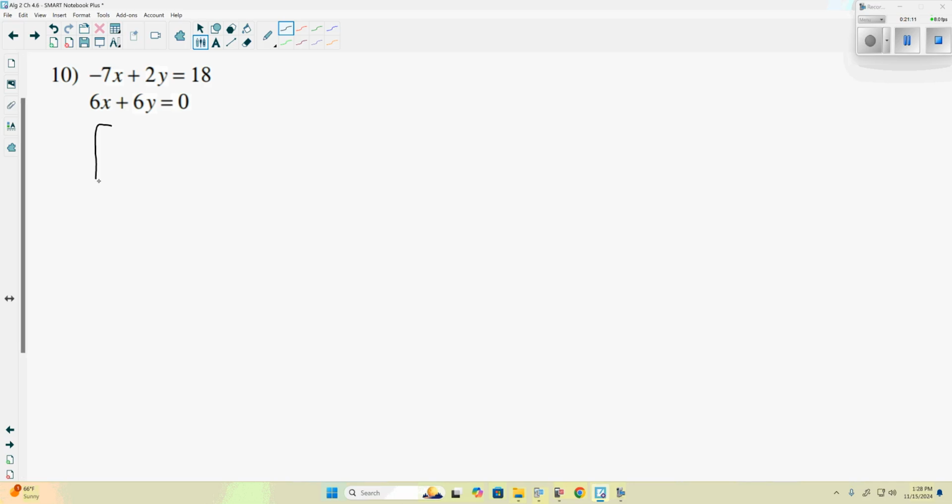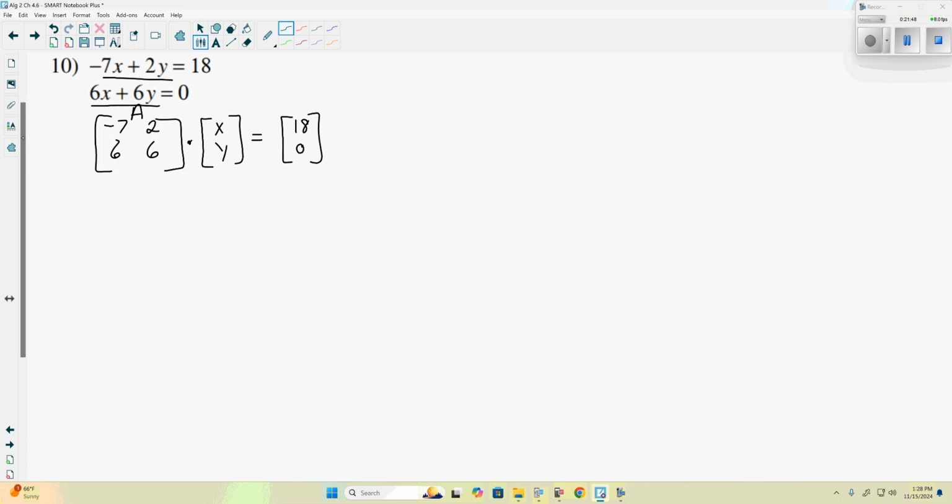Because what we do when we break this down, we'll have the coefficients, which are negative 7, 2, 6, and 6. And this here is being multiplied by our matrix xy. Because when we multiply these two here, really we're going to get these two expressions here. And we set it equal to a 2 by 1 of what each of these equations is equal to. Questions on this here? Now the key thing we need to find at this point is the inverse of this matrix here,